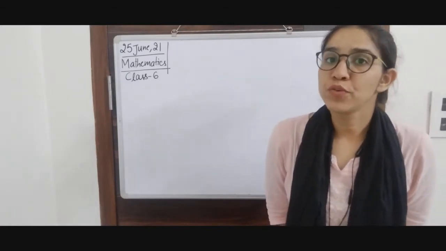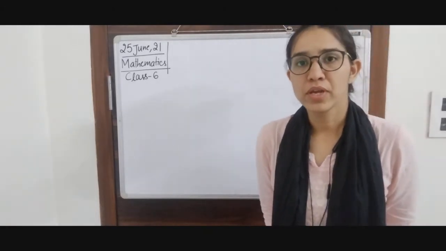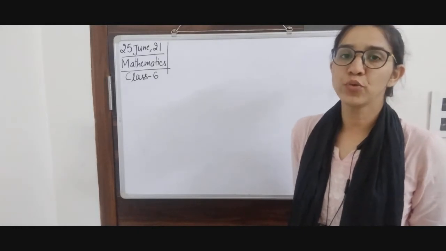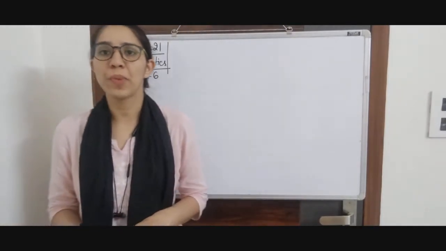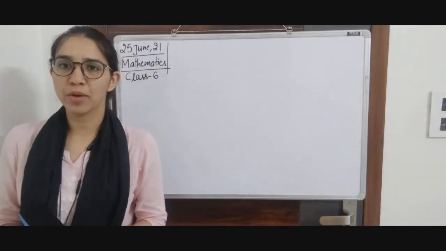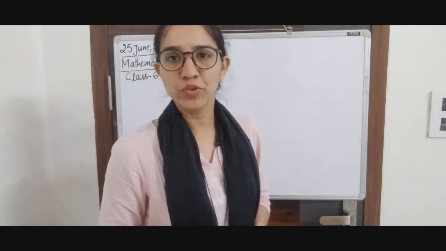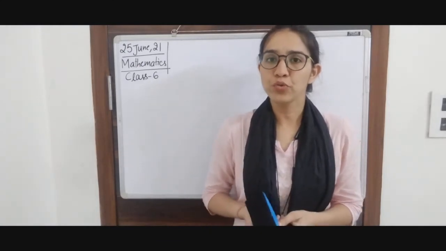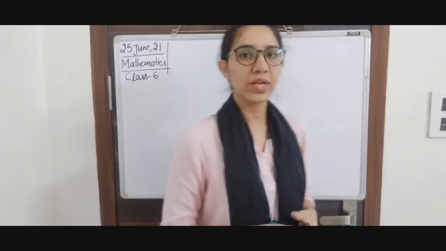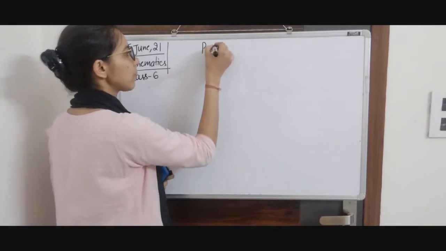In previous classes we were doing chapter number 5, about understanding elementary shapes. In our previous class we were doing quadrilaterals. We studied the different types of quadrilateral, whether it was square or rectangle, rhombus or parallelogram, how parallelogram is different from rectangle, trapezium, kite, etc. In today's class we are going to talk about polygons, different types of polygons, and then we will move on to three-dimensional shapes. So first, exercise 5.8, which talks about polygons.